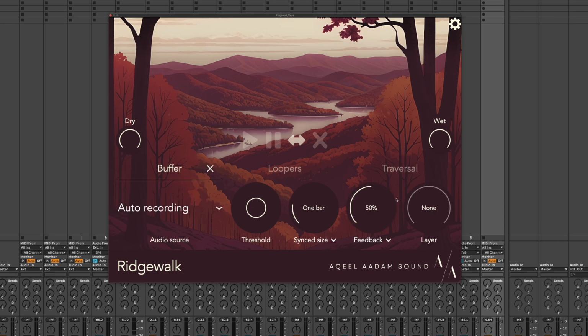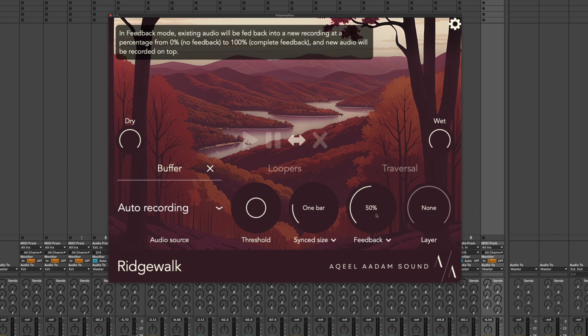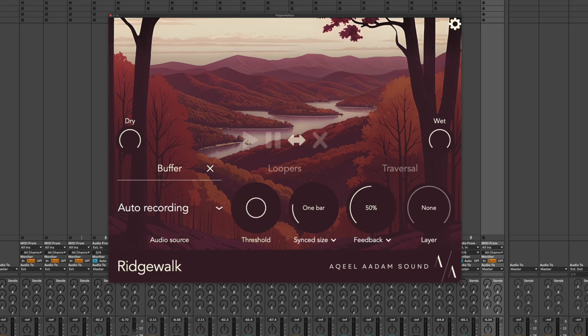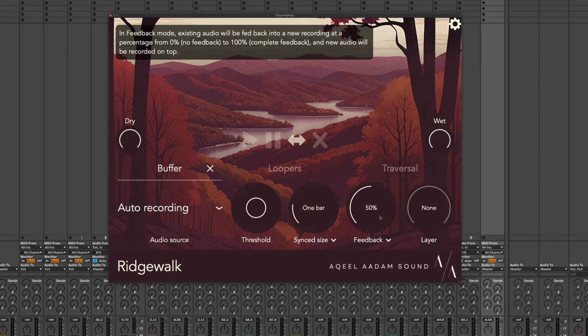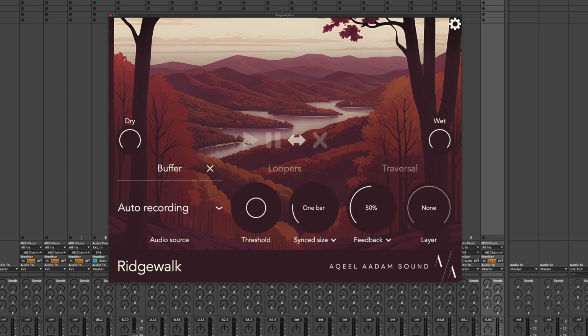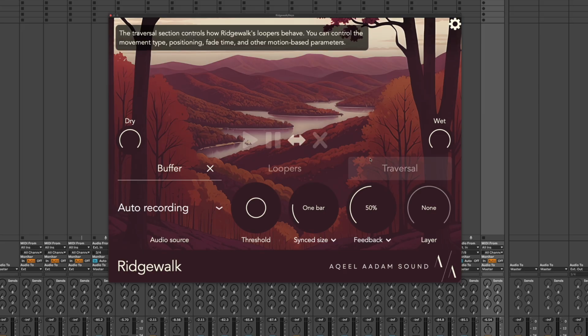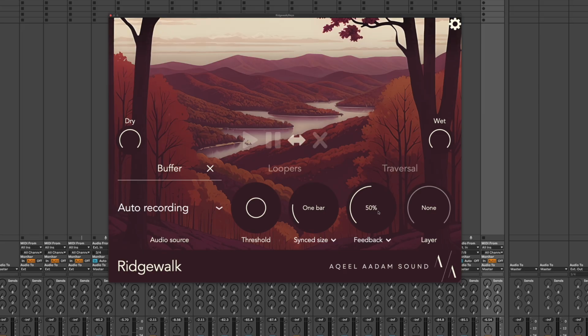I'm going to first show how the feedback overdub works. This is kind of like a traditional feedback or repeats style control, which is very similar to what you'd see in a delay or a looper. Basically, when we make a new recording, we're going to mix in the previous recording at the percentage volume that we've set here. So if we make one recording,